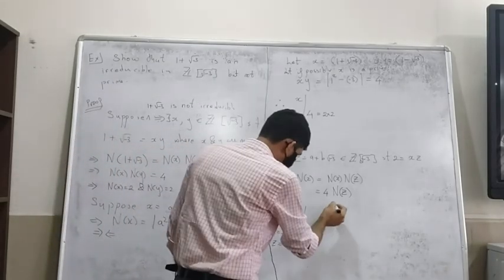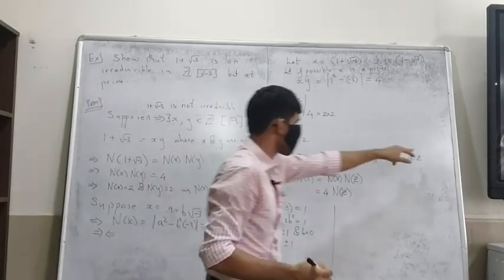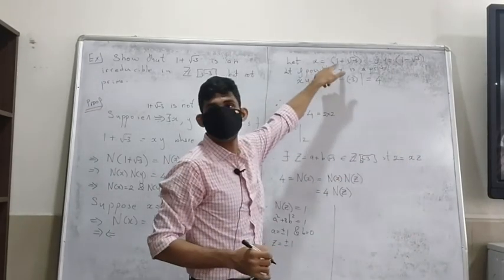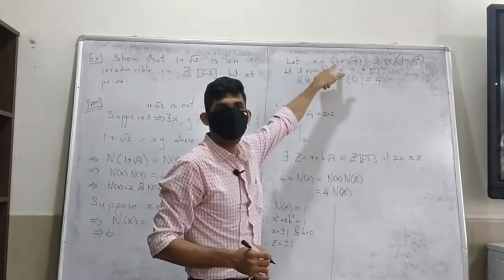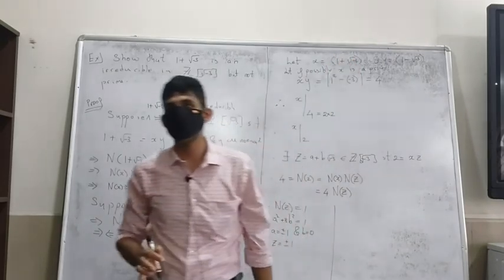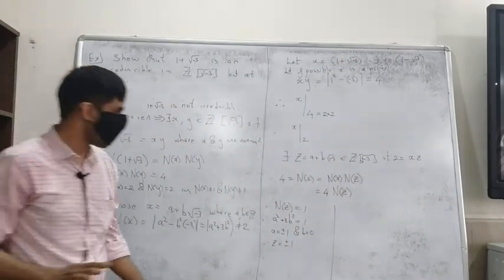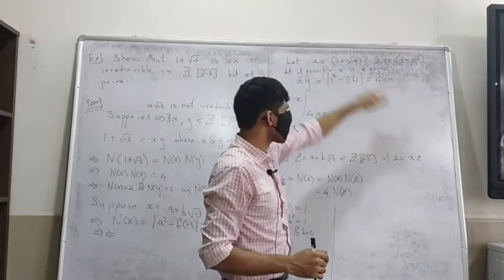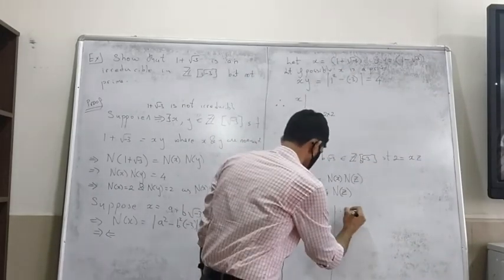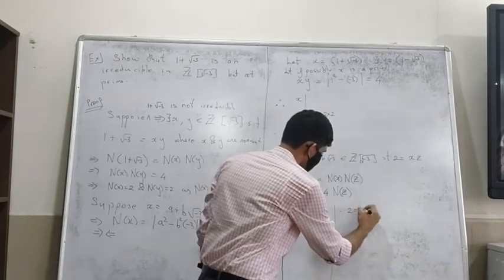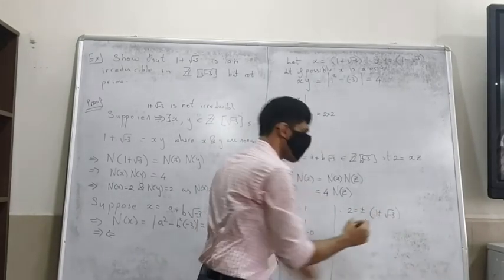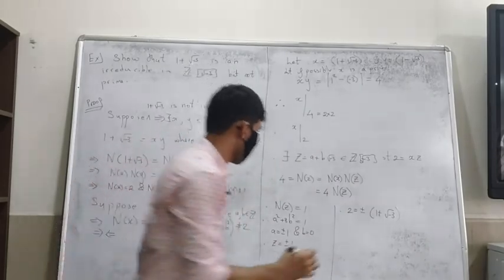Okay, but if z is plus or minus 1, you substitute here, it means that 2 is plus or minus x, right? And that's not true. 2 cannot be plus or minus x. If z is plus or minus 1, you substitute x in that place, so therefore 2 would be equal to plus or minus 1 plus root of minus 3, which is not possible. Okay, this is not possible.